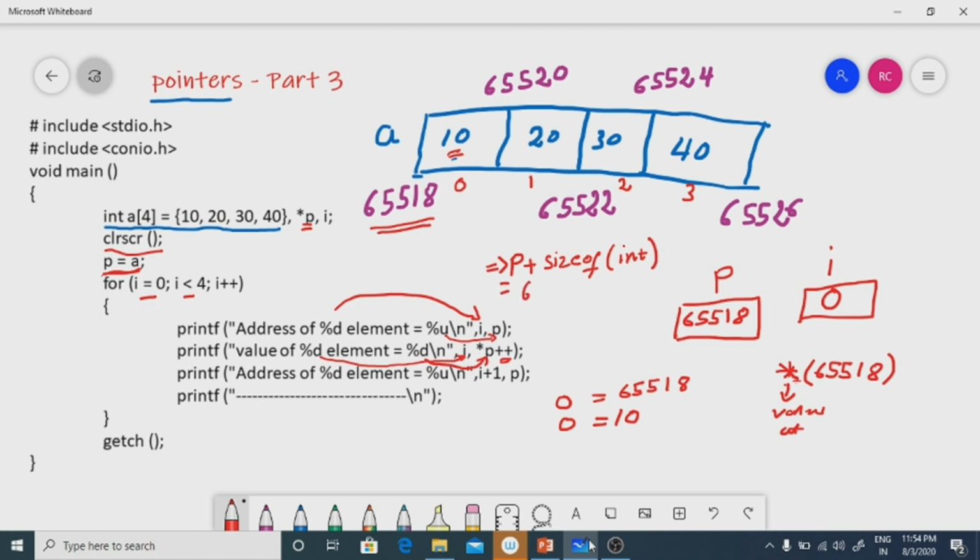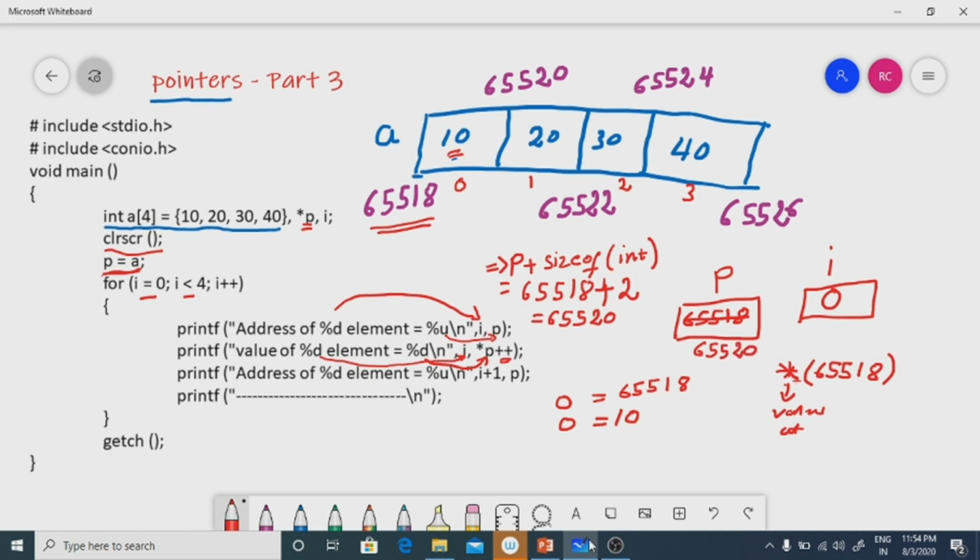So 65518 plus size of int. I told you I consider 2 bytes, though normally you have to consider 4 bytes. So 65518 plus 2 means 65520. This 65518 will change to 65520.